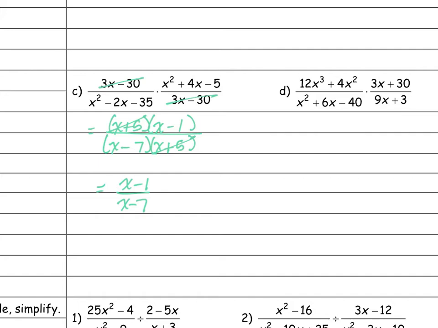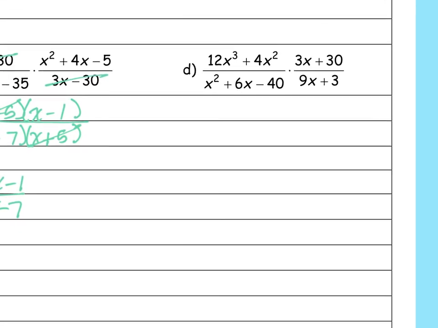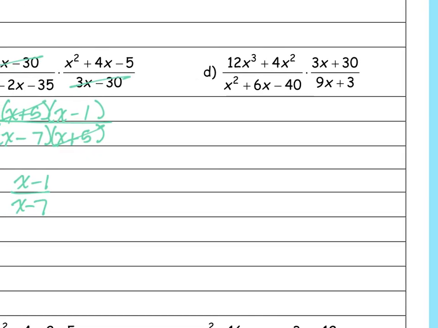And then the last one, nothing in common. So I have to factor everything. And so the top, let's see, I can take out a 4x squared, and I get left with 3x plus 1. And then I can factor out a 3 and get left with x plus 10. Beautiful. And then the bottom,